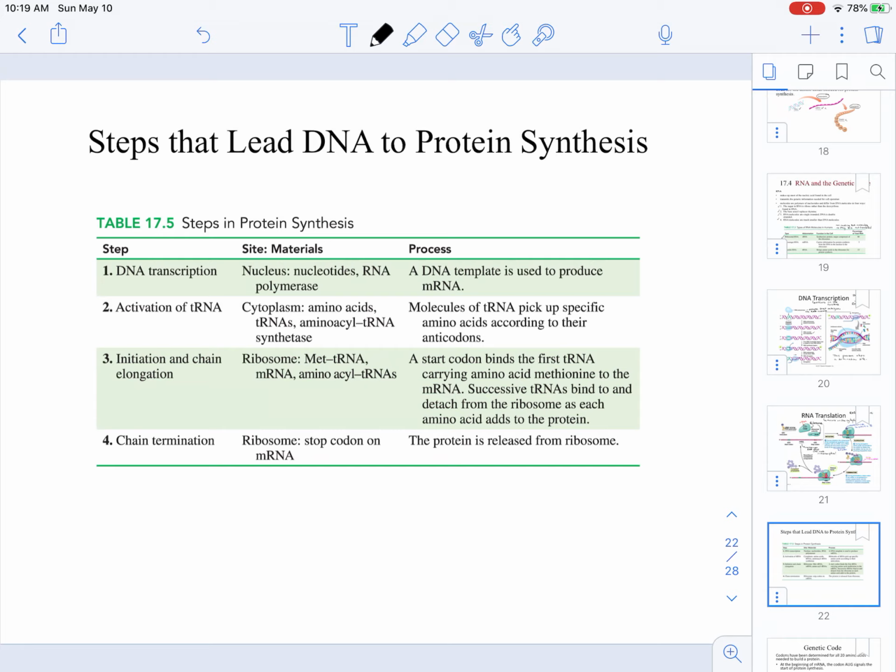Then we're going to have initiation and chain elongation, specifically for making protein. And then we're going to be terminating specifically the synthesis for that protein. So as you can see, the steps that are outlined on table 17.5 include both the process of transcription and translation, because this is giving you the overall view